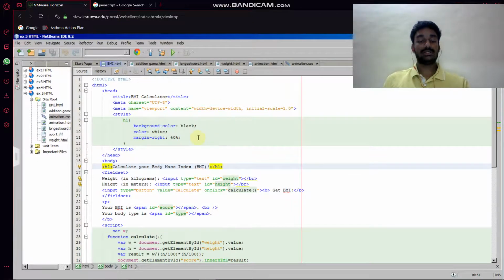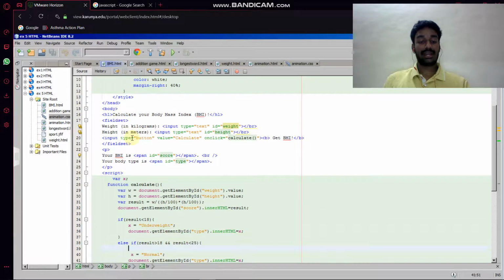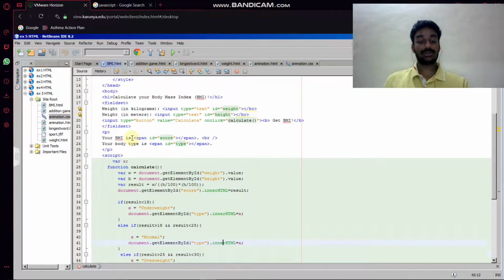And as you can see, this is the program for it. I have given inline CSS code in the style tag, and then for our JavaScript code we will be giving the script tag in which we can write the JavaScript code, or we can create a separate JavaScript file and write in it. As you can see, I have given a function calculate in the HTML code for a button